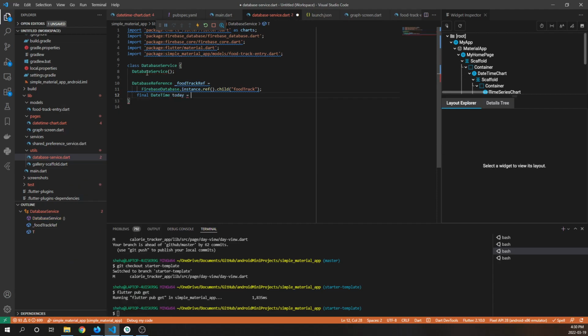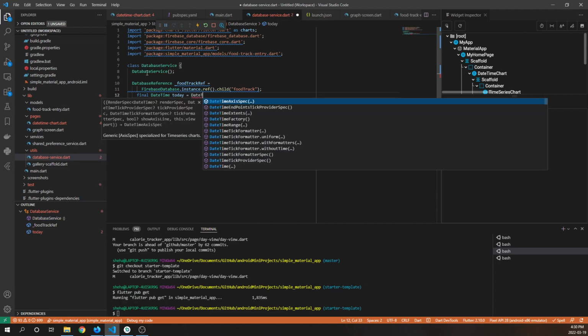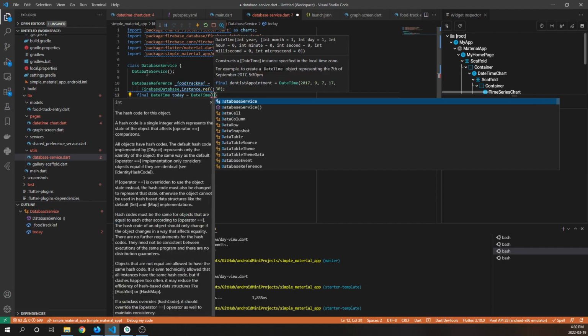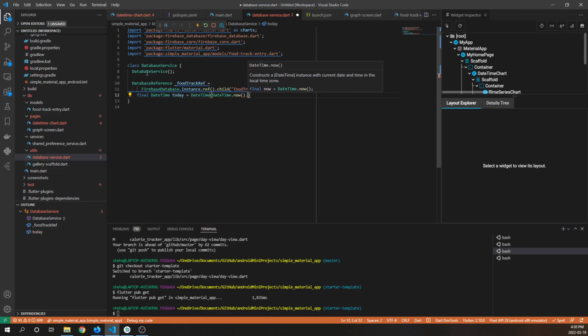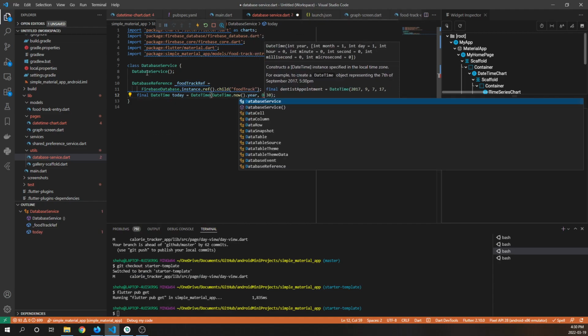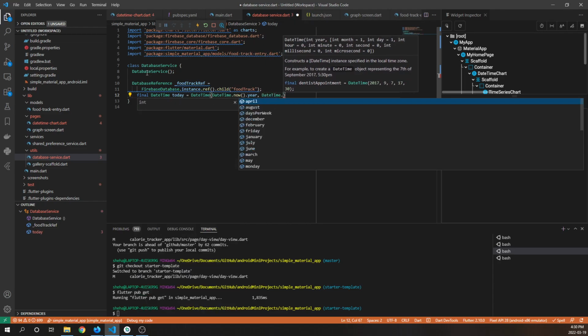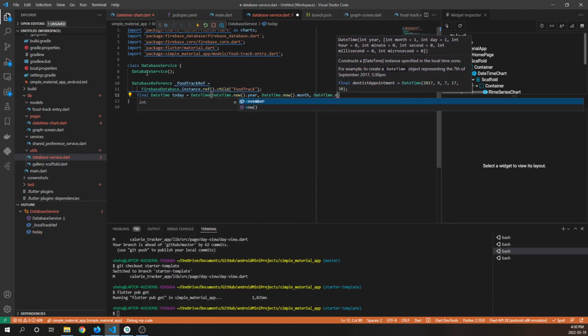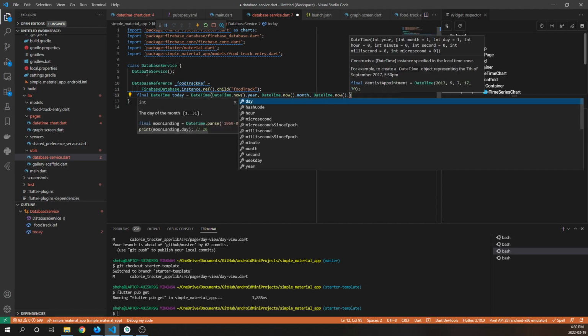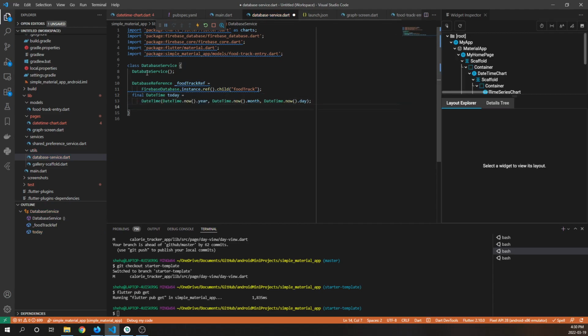Then we're going to need today's DateTime instance. To do that, we just do DateTime.now here, DateTime.now().month, DateTime.now().day, and we can now